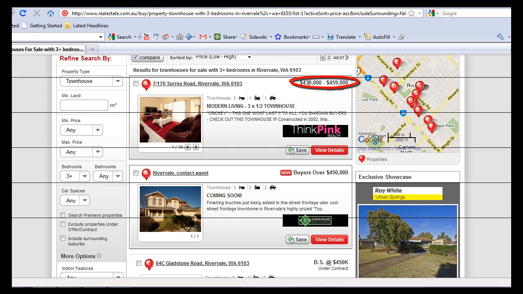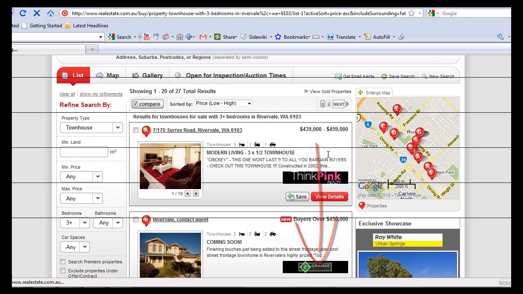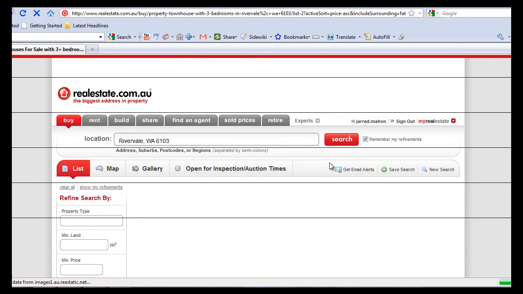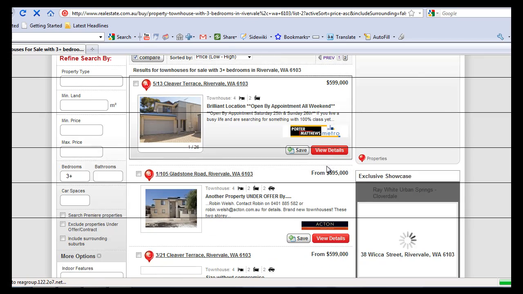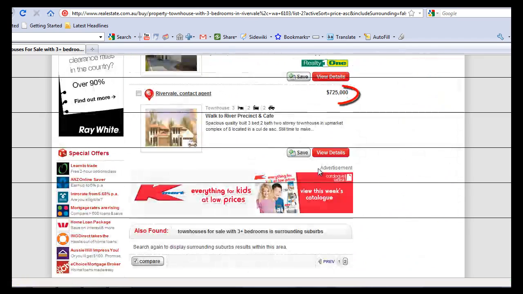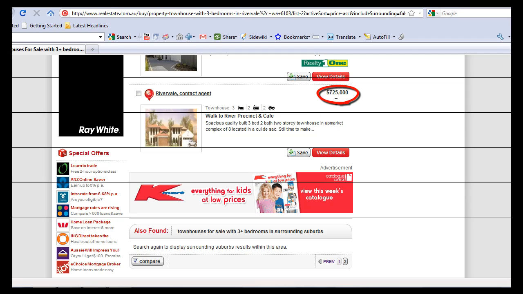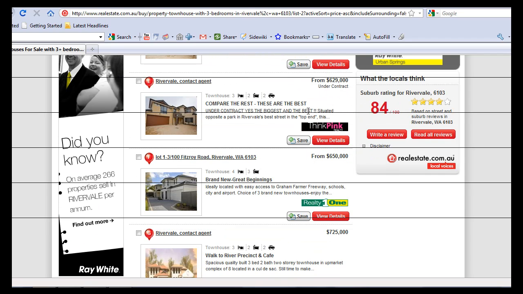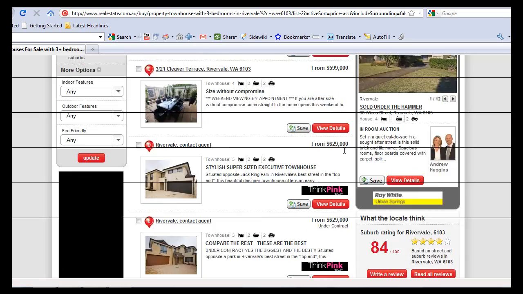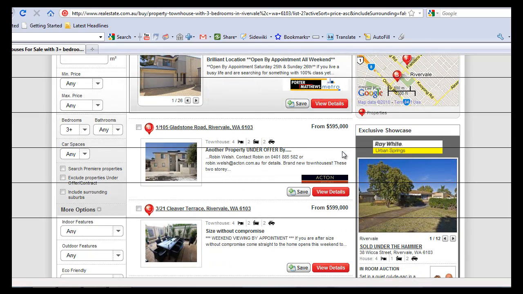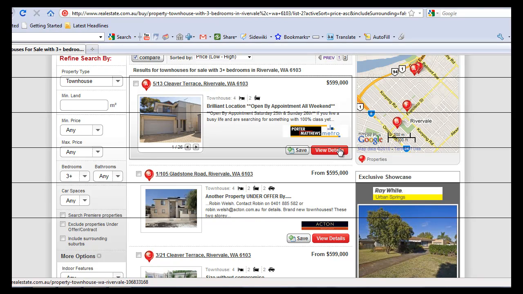They're now sorted from low. We can see the lowest townhouse price is $439,000, all up to, on the next page, the highest townhouse price. It'll be plus 600. We've got one at 725 there. So we can see the range of what things are going for, and if we're interested in a particular range, we can then